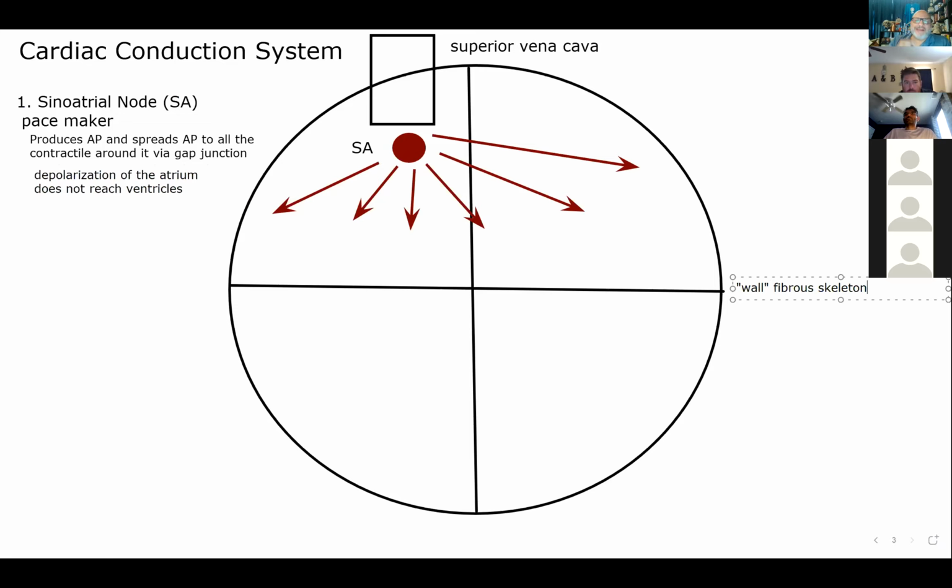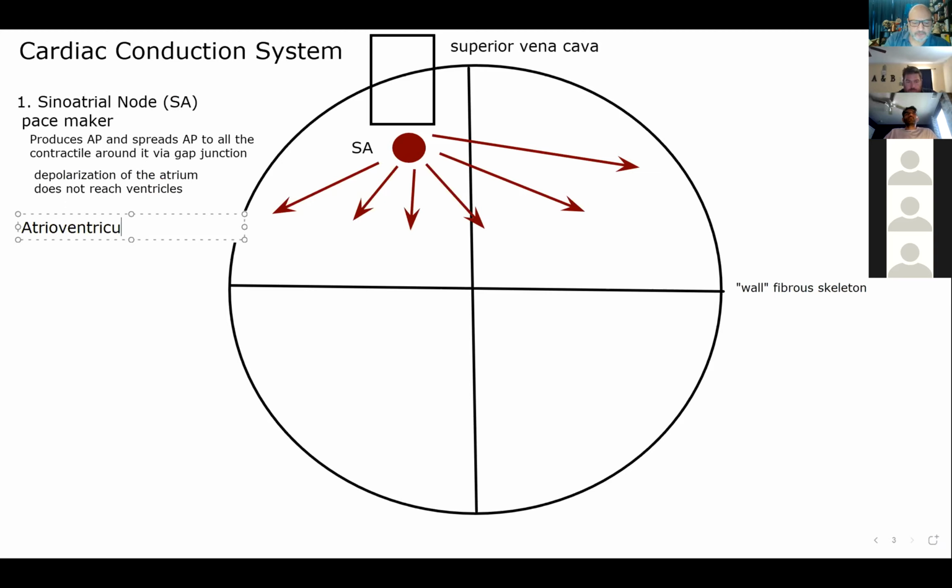Now, don't we need that action potential to travel from the atria to the ventricles? Yeah, absolutely. But lucky for us, there is a second structure in our cardiac conduction system. And that second structure is the